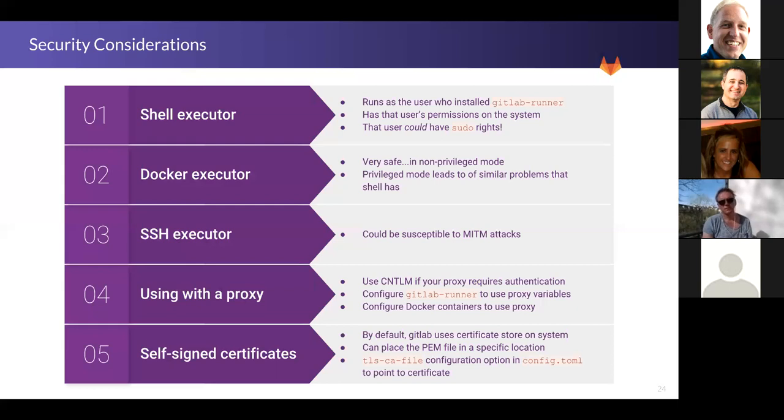Any questions about that? Yeah, one final one, and then I shut up. On that proxy kind of stuff, I have a little bit of the feeling that I can define HTTP and HTTPS proxies, but there is a struggle with the no proxy definition. I found that not to work. Yeah, I'm not sure. I haven't had experience with that specifically, so I'd have to look at it with you.